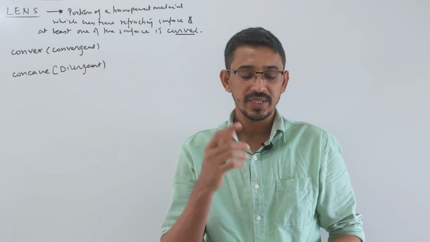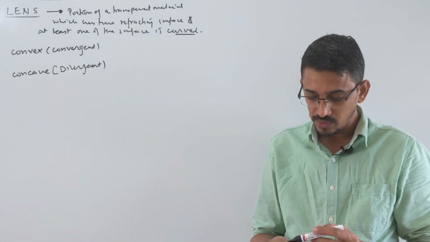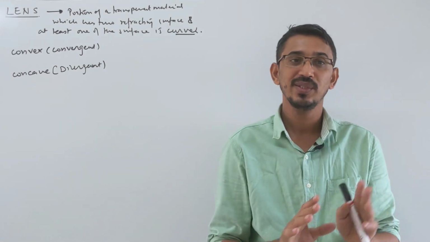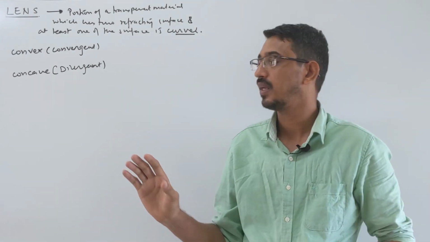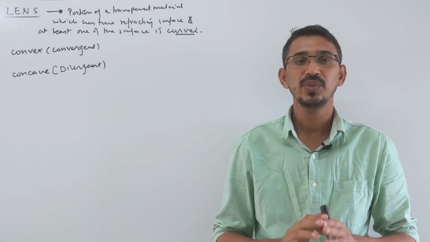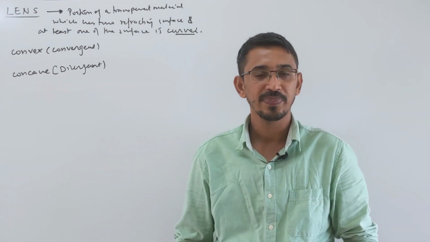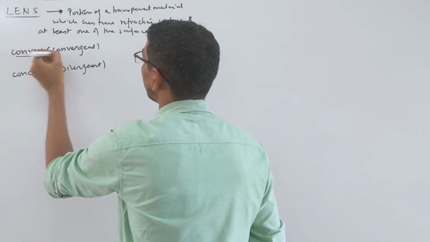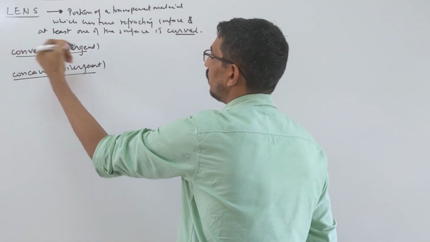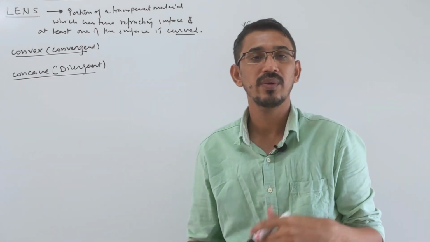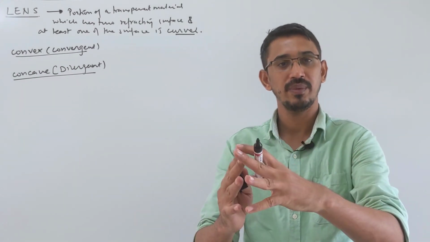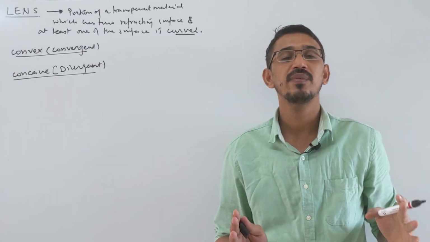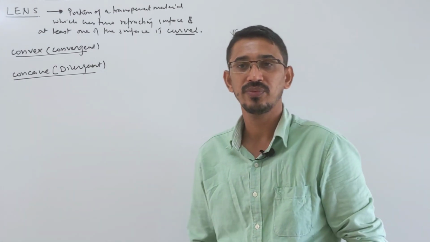So here is a simple idea. You have learned the working of concave and convex mirrors, and here we learn the working of lenses also. You will see there is a lot of similarity. I will talk about that later. First let's define what is convex and what is concave. Convex, also called a converging or convergent lens, will converge your beam. So light incident on this lens will converge all the beam to one point. That's called your focus, right?